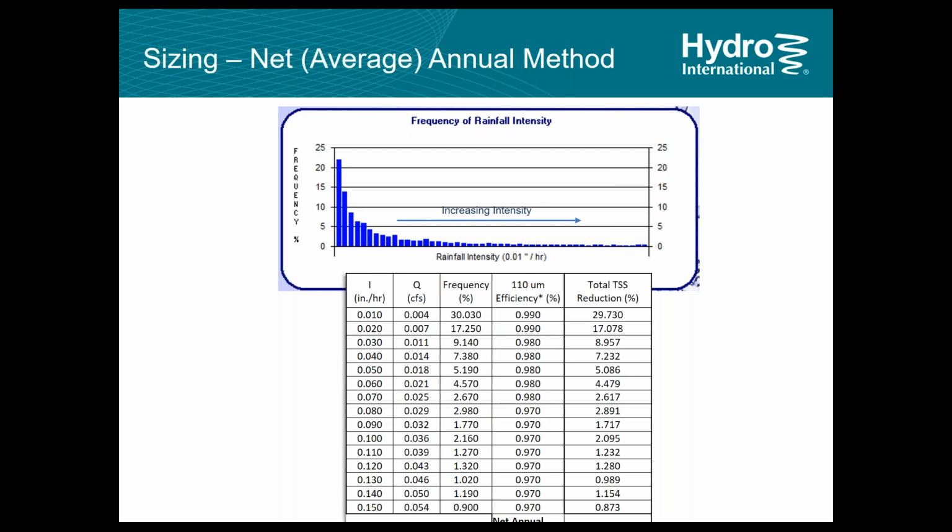Basically what you do is you take a long-term rainfall record and either create a synthetic annual rainfall record from that, or you run the historic data and average it, but you end up with basically a banding that says, okay, a certain percentage of my rainfall has this intensity. A certain percentage of my rainfall has that intensity, and so on and so forth, and you can band the intensities over a long period of time. So basically you end up with low intensity, high frequency, those are your everyday sort of rainstorms, to your high intensity, low frequency, big gully washing storms, and you can band those out and you can give them a percentage